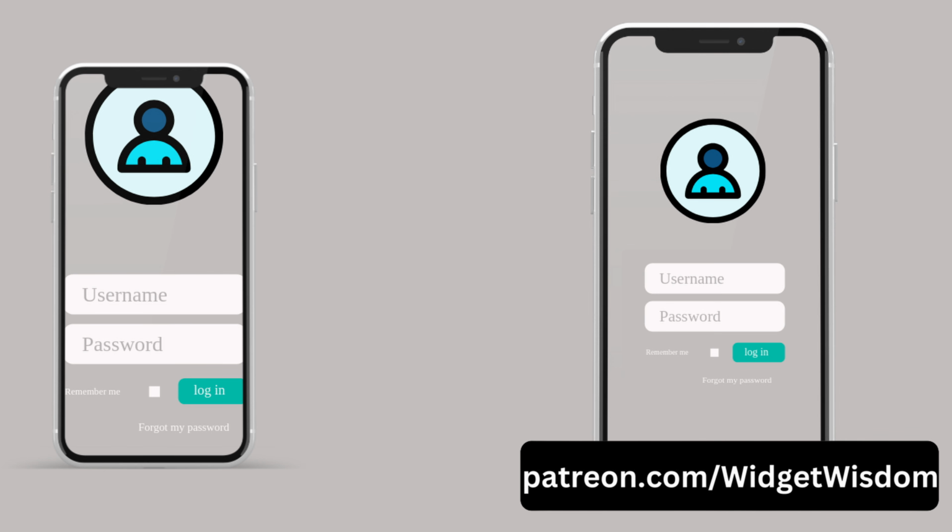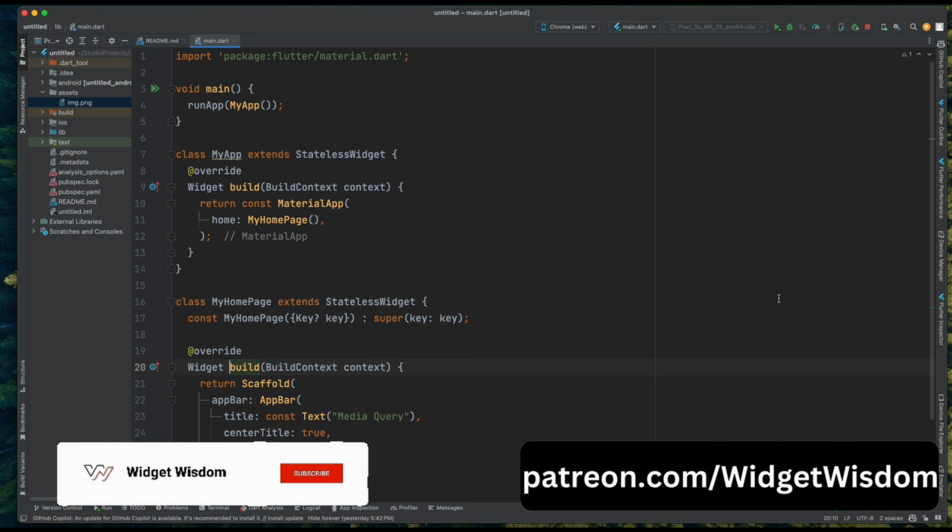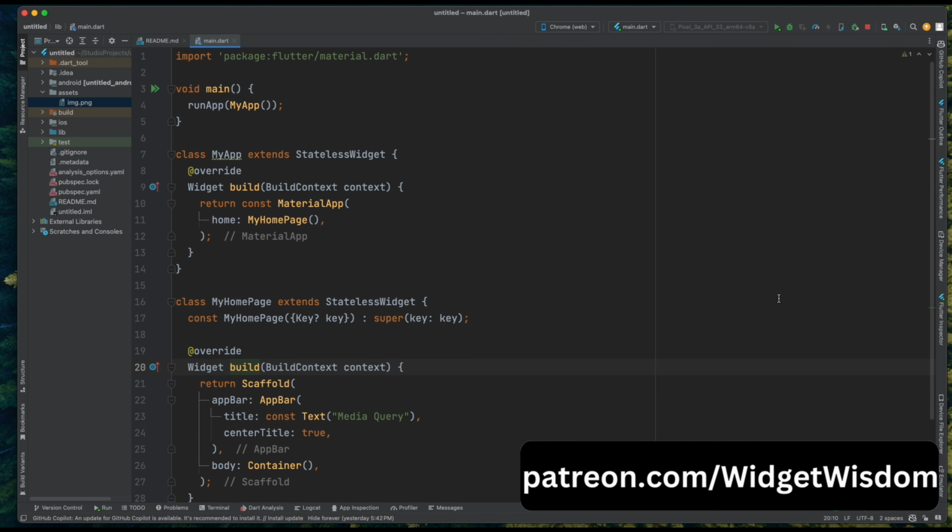Have you ever struggled with an app that looks perfect on your phone but becomes a disaster on others' phones? Well, today we're delving into the world of responsive design in Flutter, unlocking the secrets to creating apps that adapt flawlessly to any screen size. Picture this: you're on the go, trying to use an app, but the buttons are too small, and the text is unreadable. Frustrating, right? I've been there, and that's why today's video is all about responsive design in Flutter using